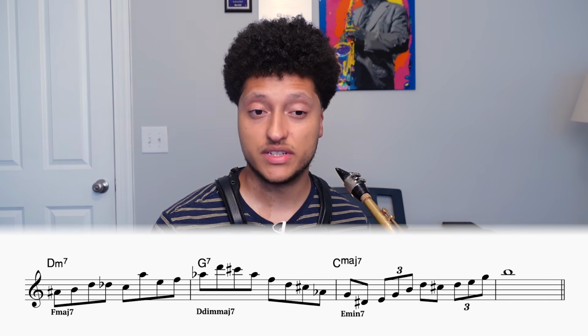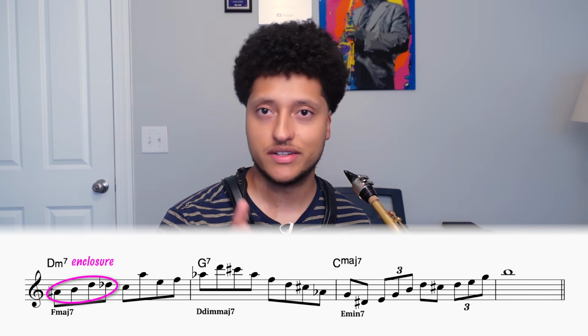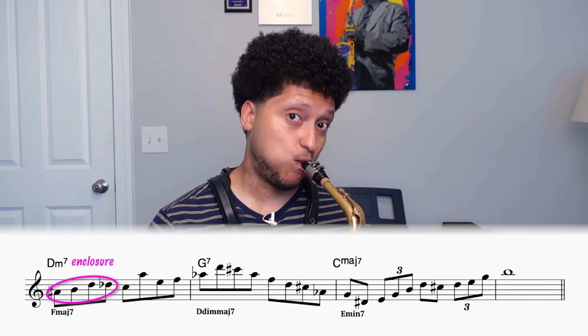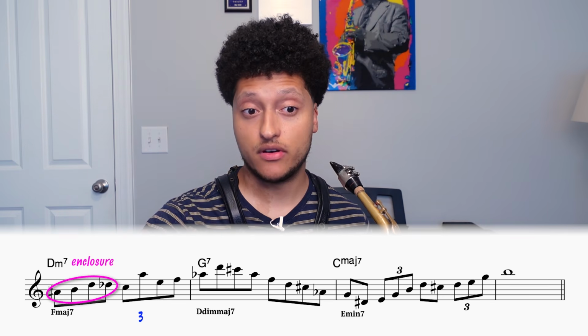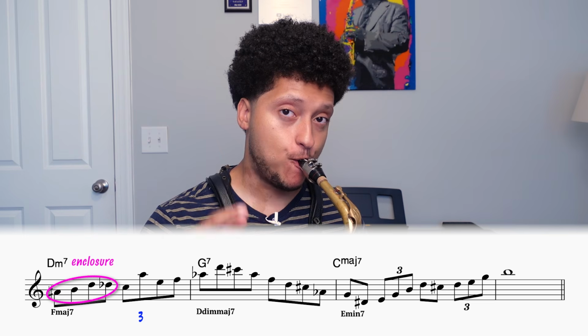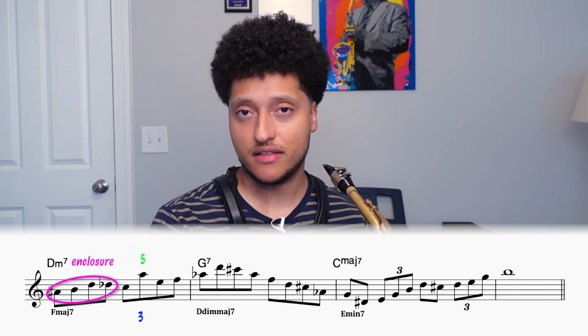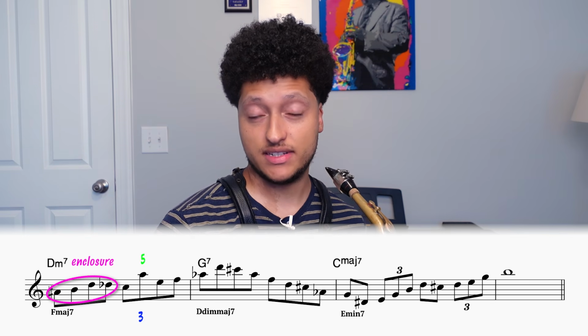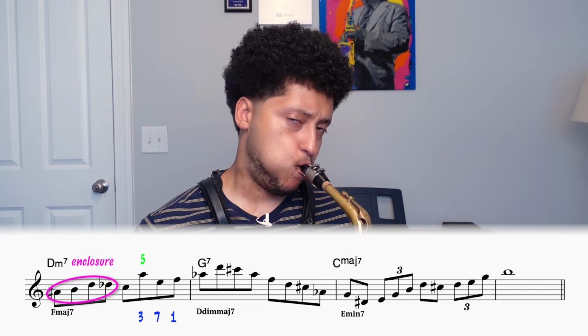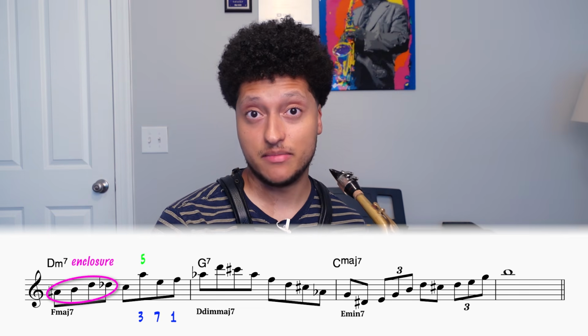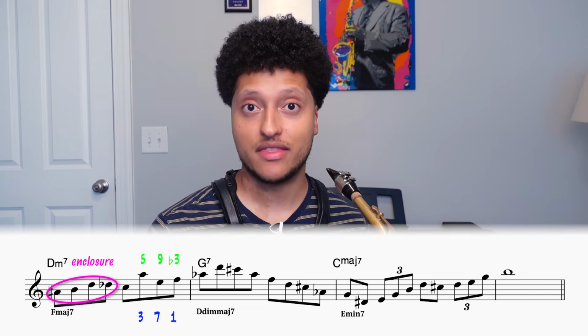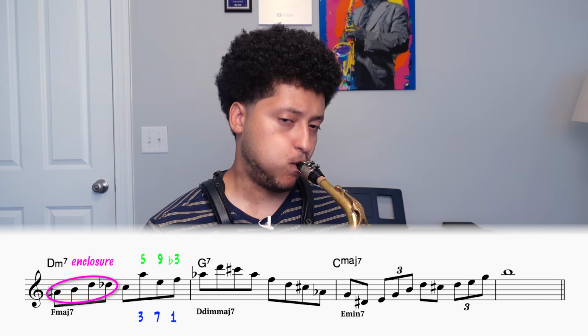So the first 4 notes is a 4-note enclosure around our target C. Then we're going to jump up to the third of our upper structure, which ends up being this chord's fifth, and then we dip down to the upper structure's 7th and then play its root, which ends up being the D minor 7's 9 and then flat third. So altogether,